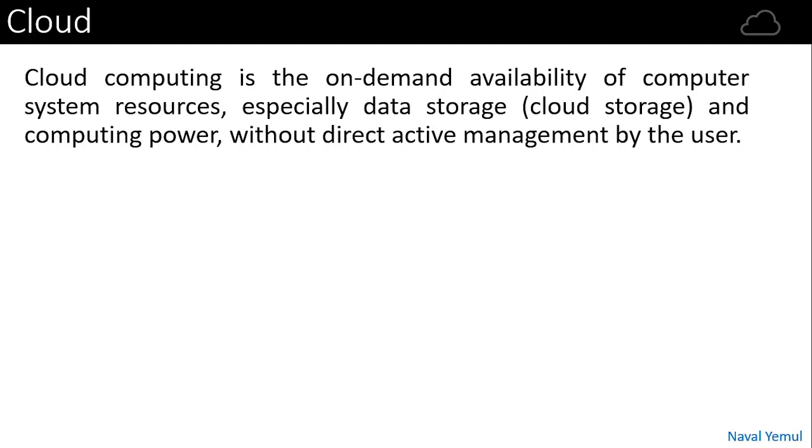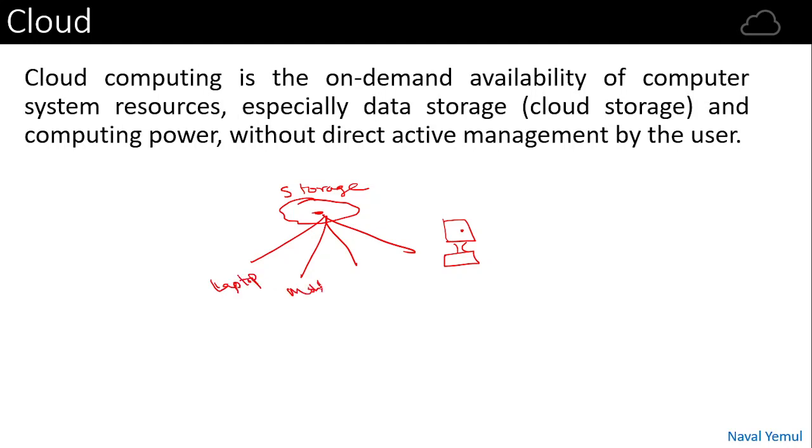Your files are not in one system. If your files are in one traditional system, like this for example, your file sits here, so you have to log into this machine only to access it. But instead of having that file in one machine, if I store that file in the cloud somewhere else, like someone else's machine or someone else's storage account, I can access this file from the cloud on any of my devices. I can use my desktop, my laptop, my mobile phone, any of these to access this file. So that becomes very easy for me.